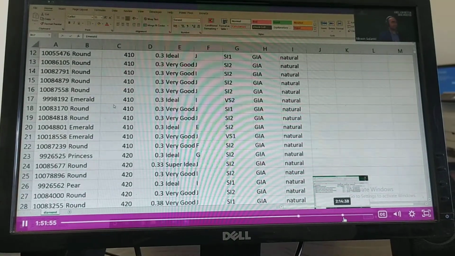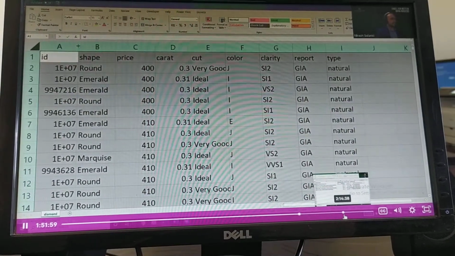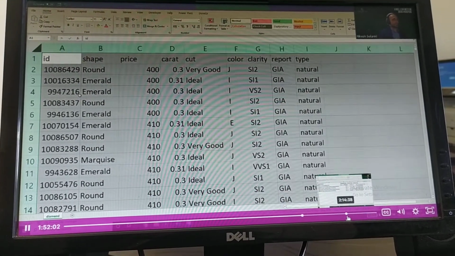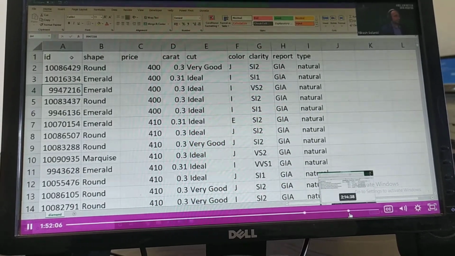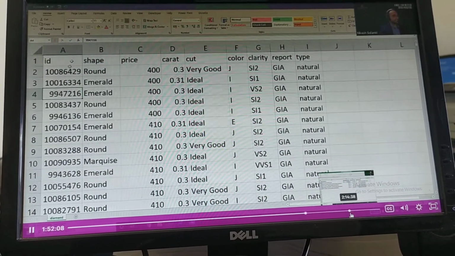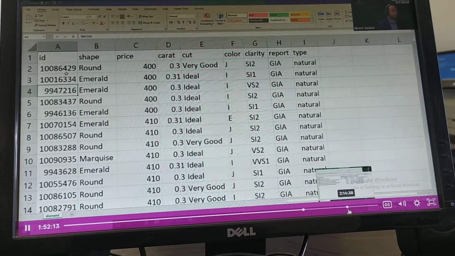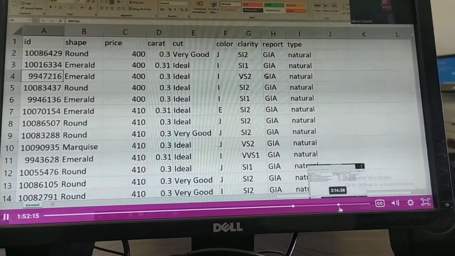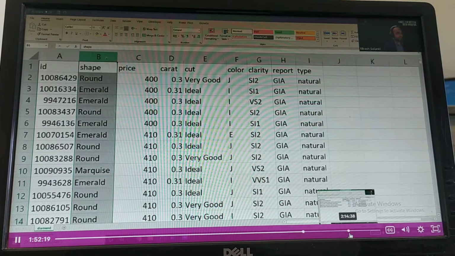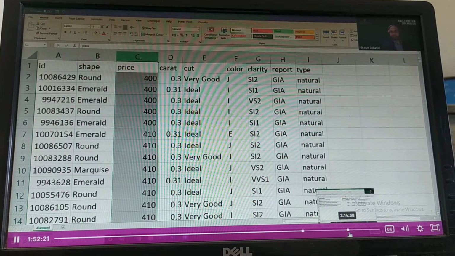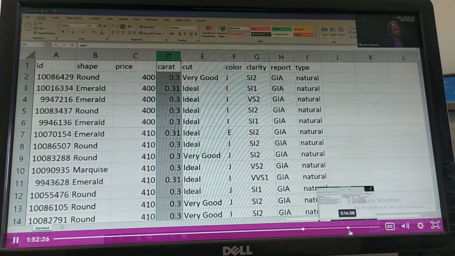This is the data that we have. A very simple data. Let's assume we all are the owners of a diamond field, and these are the various diamonds that have been mined and extracted from your region, and you have complete details. So this is the diamond number, that is a unique ID. What is the shape of the diamond? The price of a diamond. This is not 400 rupees, this is $400. What is the carat? That is the weight.